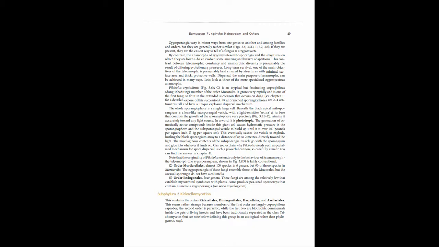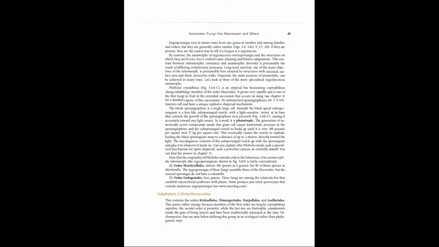Its unbranched sporangiophores are 2 to 4 centimeters tall and have a unique explosive dispersal mechanism. The whole sporangiophore is a single large cell. Beneath the black apical mitosporangium is a lens-like subsporangial vesicle, with a light-sensitive retina at its base that controls the growth of the sporangiophore very precisely, Fig 3.6b, c, aiming it accurately toward any light source. In a word, it is phototropic. The generation of osmotically active compounds inside this giant cell causes hydrostatic pressure in the sporangiophore and the subsporangial vesicle to build up until it is over